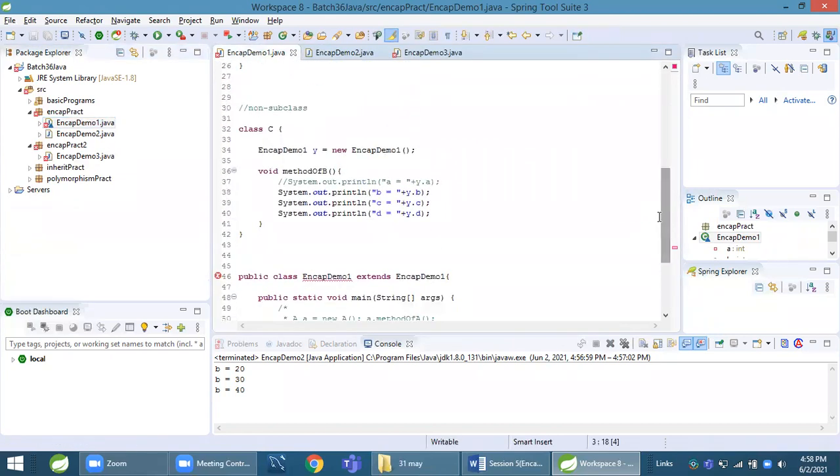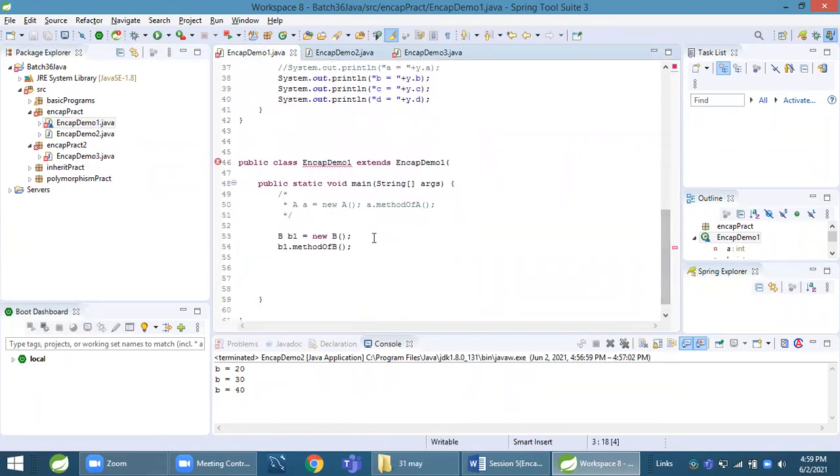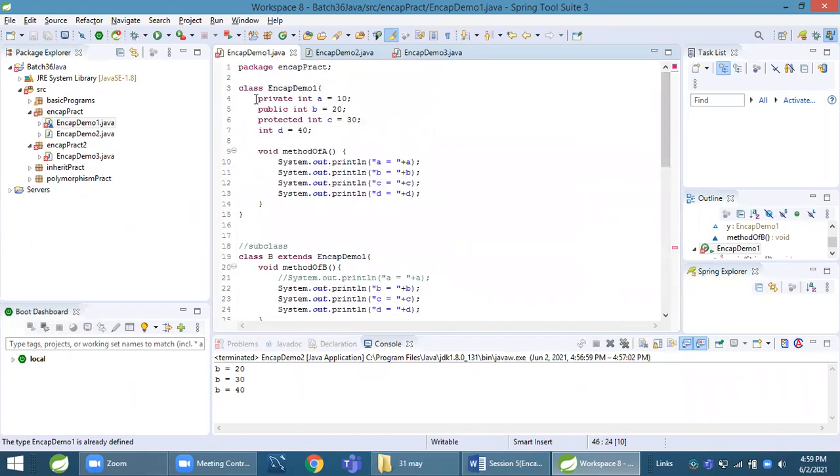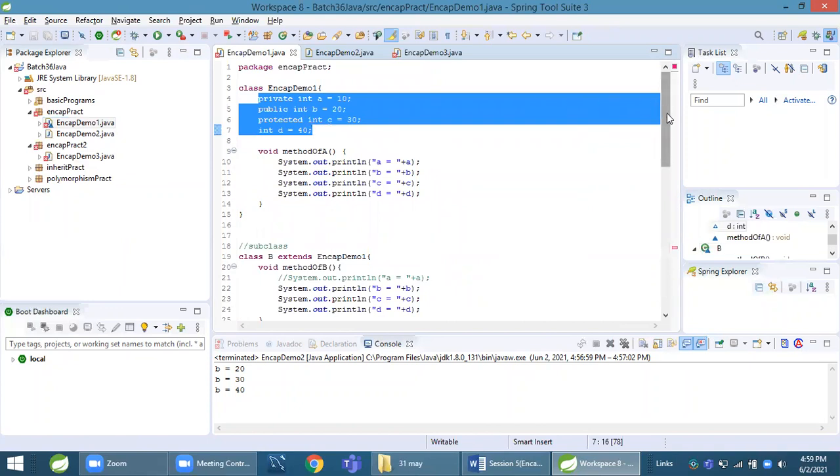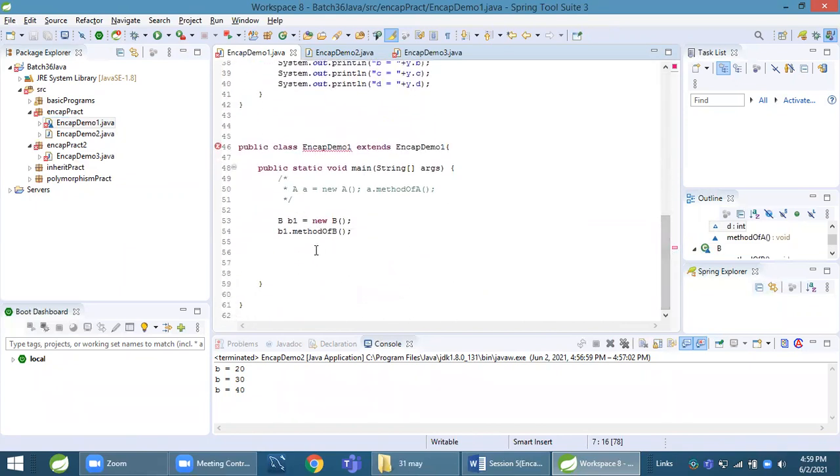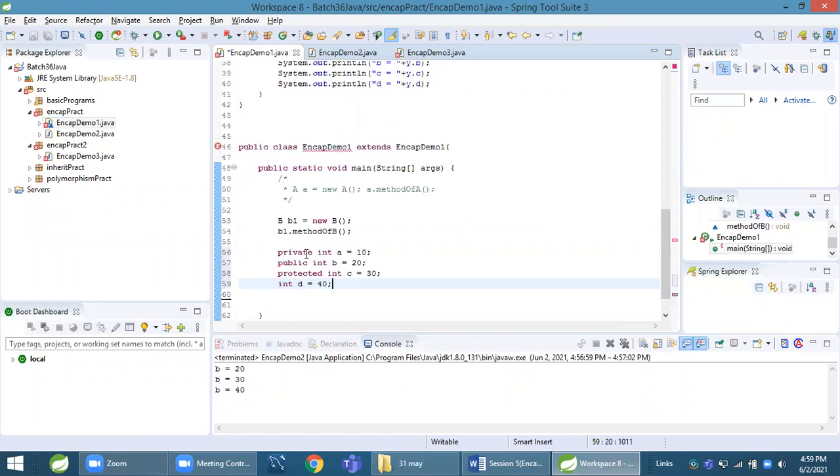So this class is public. That's why we will write members in this class so that we can access outside the package and check which members are accessible and which members are not accessible. I declare these members.